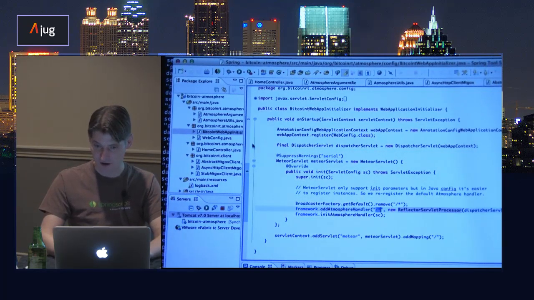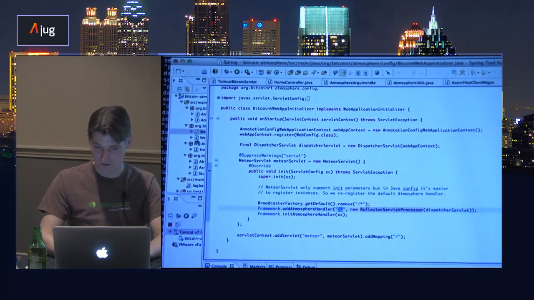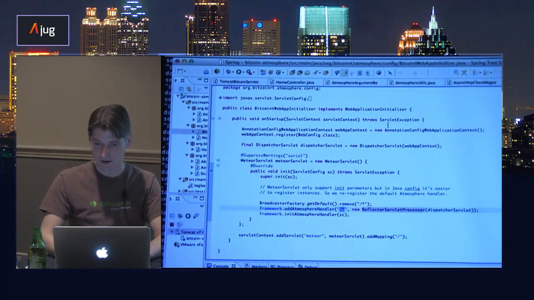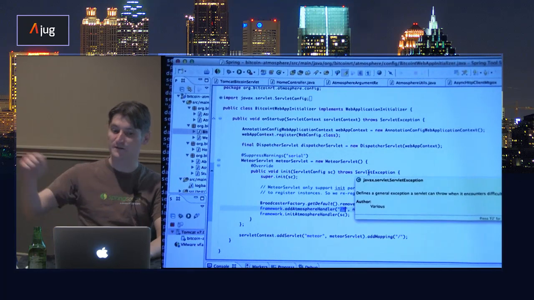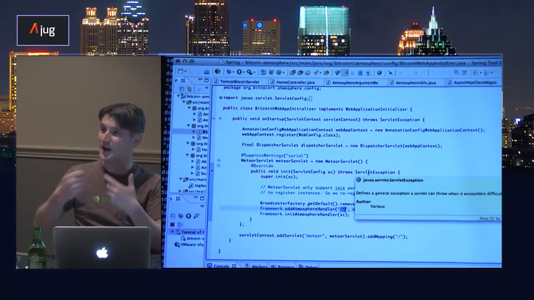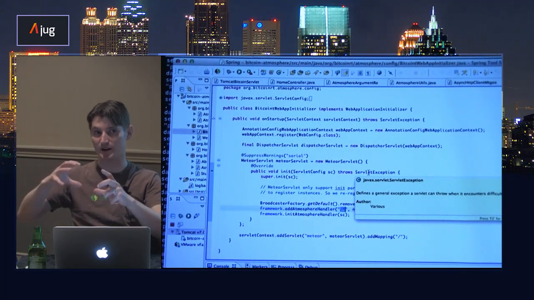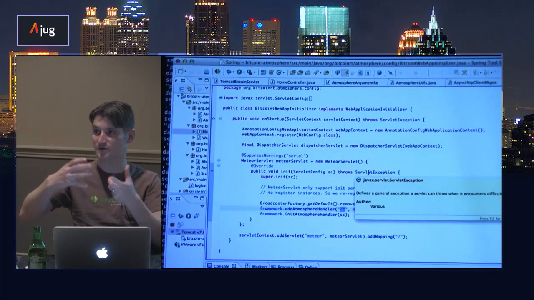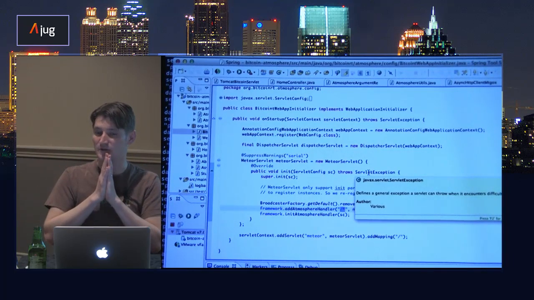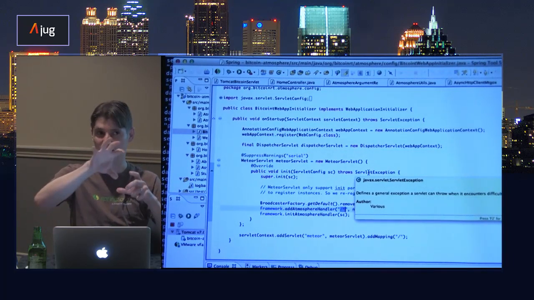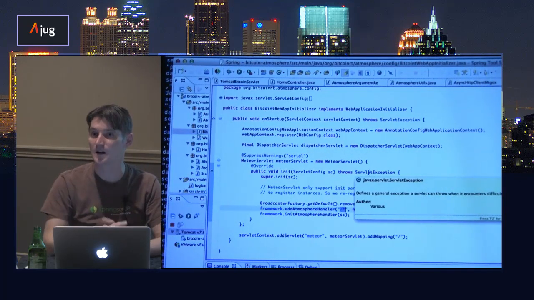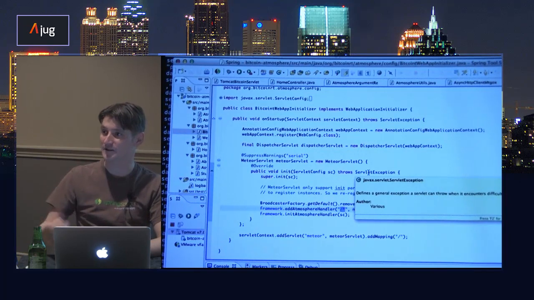The Atmosphere handler itself will also wrap the Spring application, your Spring servlet basically. It injects the Atmosphere resources, so you can get a handle on that information.